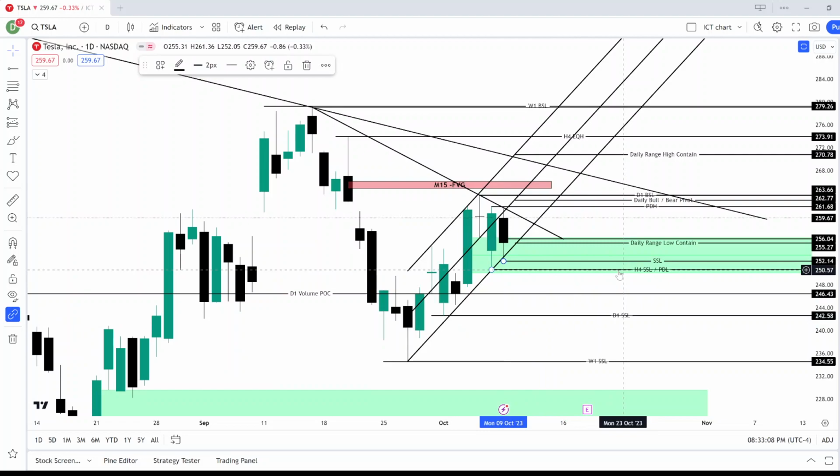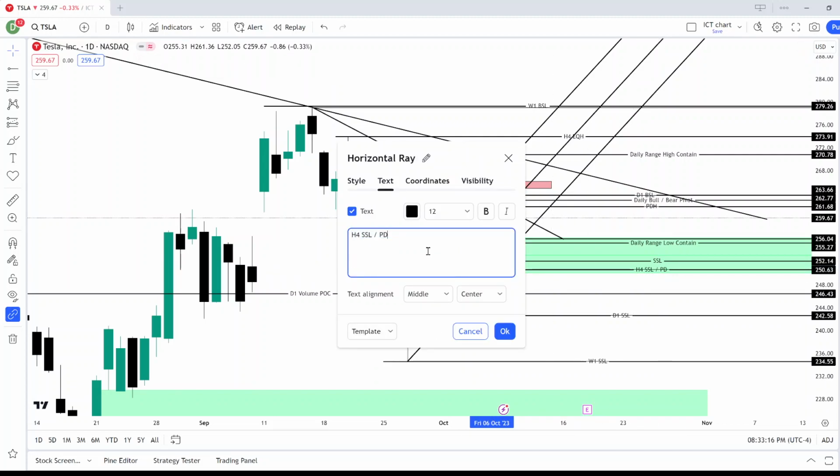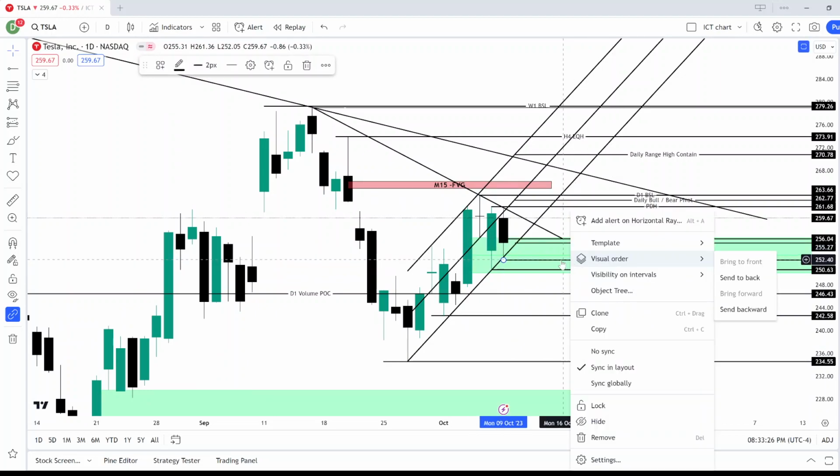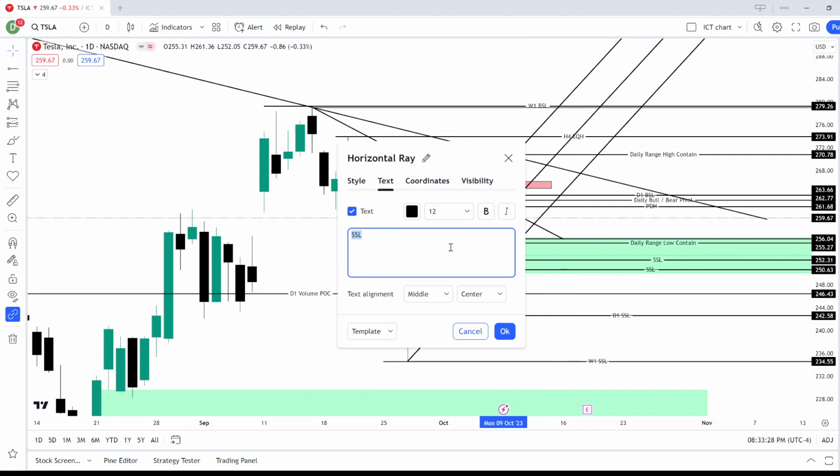Okay, we have this sell side liquidity here, and it was a previous day low. Now it is Friday's low. So let's go ahead and take that off of our charts as a previous day low, and we're just going to label it as sell side liquidity. Okay, and then in today's low, we're going to label that as sell side liquidity